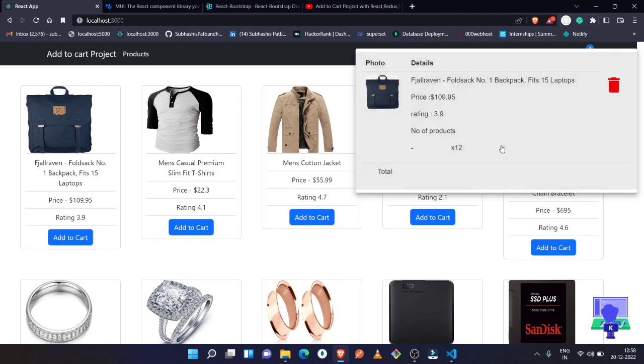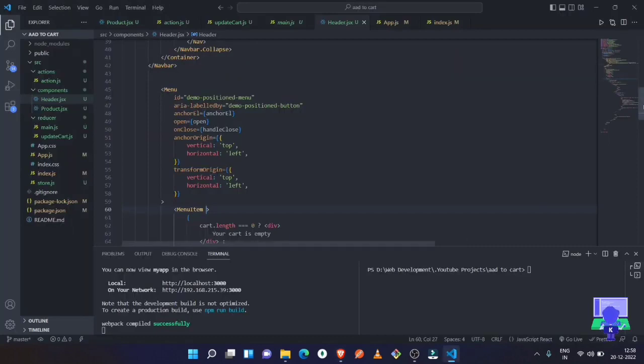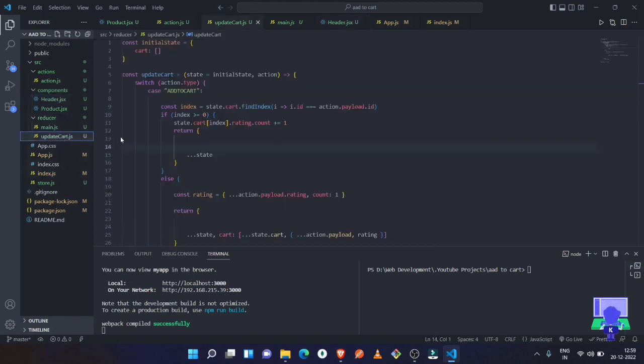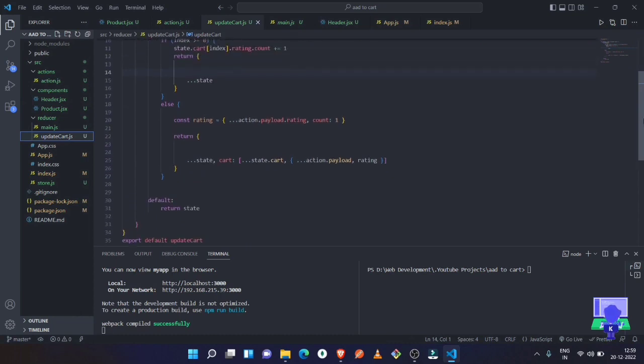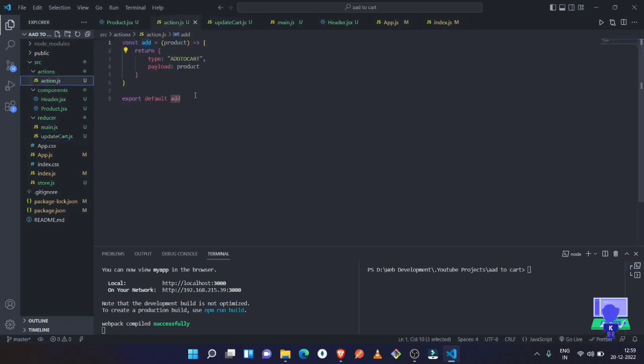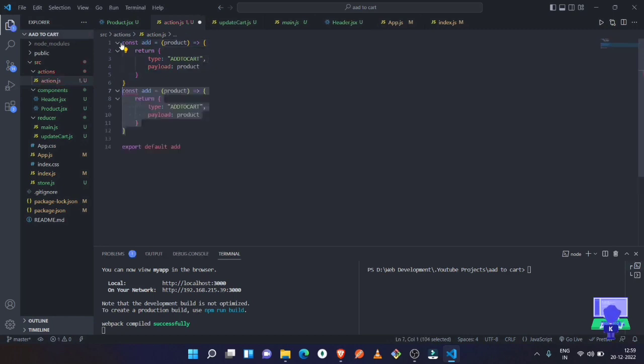And now what we need to do is, we are going to make this minus icon functionable. So go to your VS Code, and here go to reducer. And what we can do here, we have only one action, so let's design an action also. So here action.js, here we can write another action. Okay, let's remove this thing, and we can write here as export,